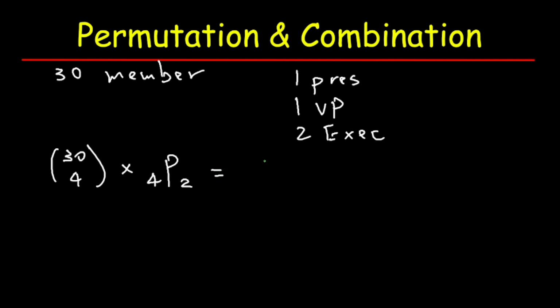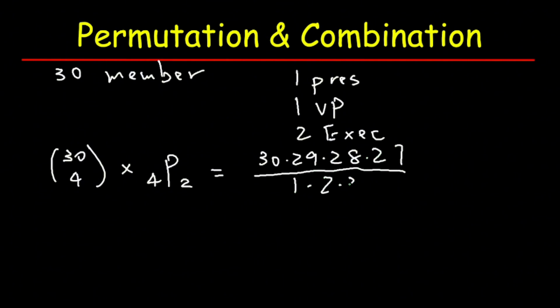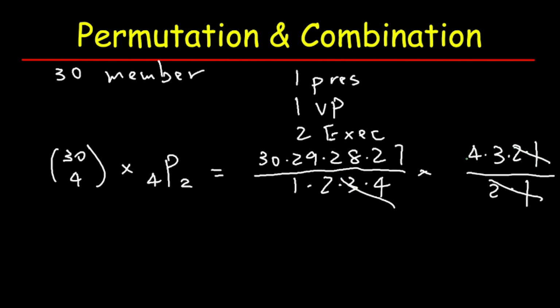Now we can go ahead and calculate this. 30 choose 4 is 30 times 29 times 28 times 27 divided by 1 times 2 times 3 times 4, times 4P2, which is 4 times 3 times 2 times 1 divided by 2 times 1. So a lot of things we can cancel, and you should be left with